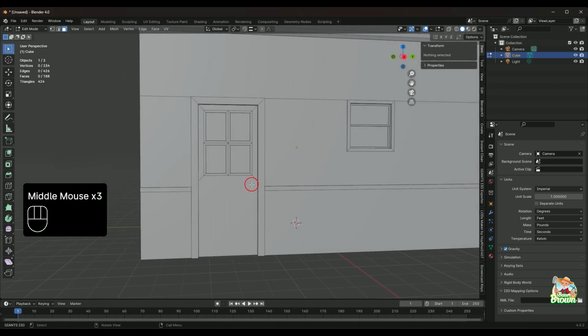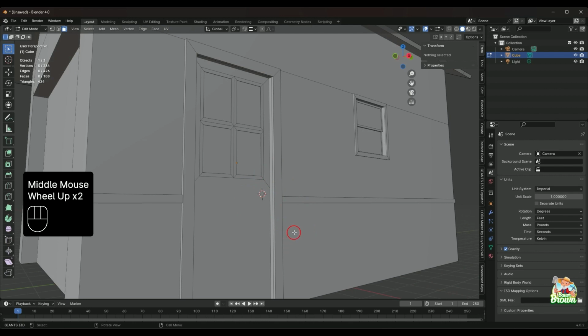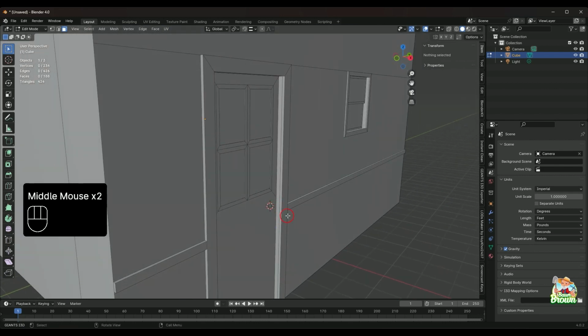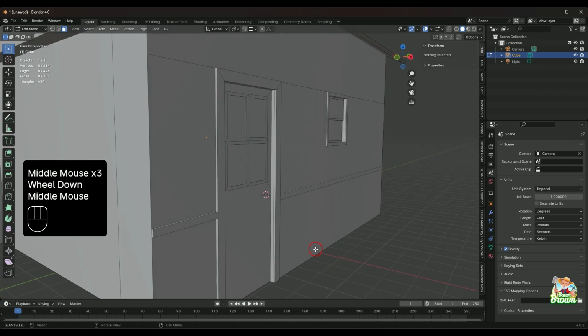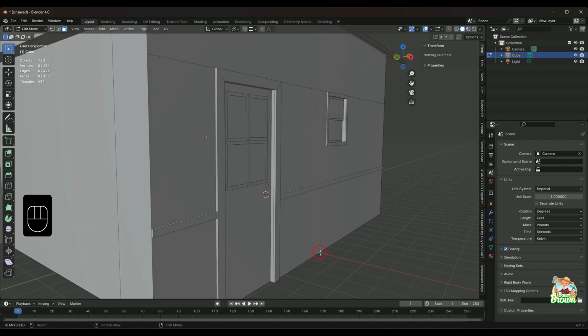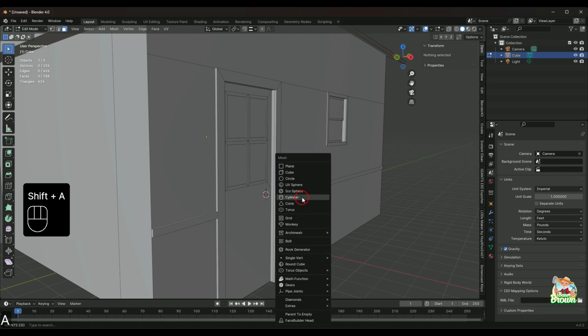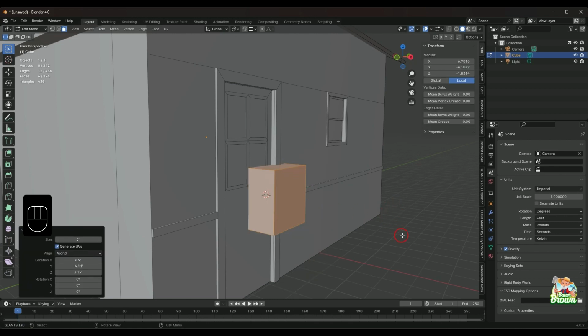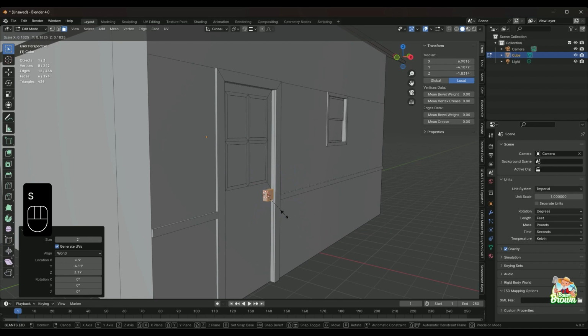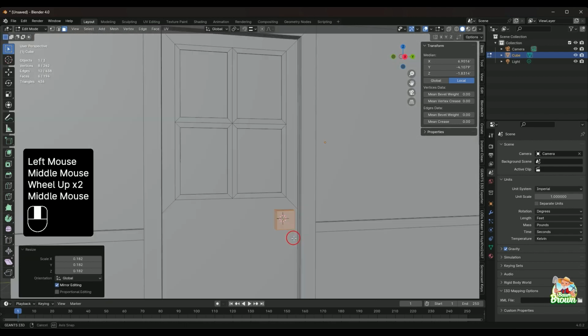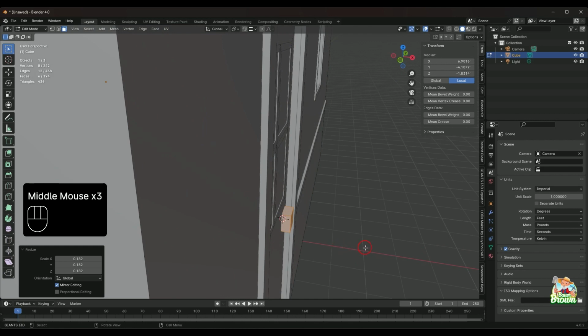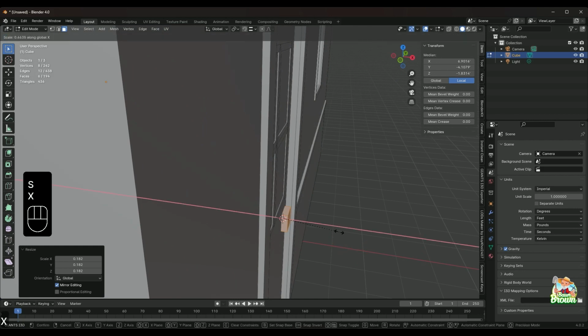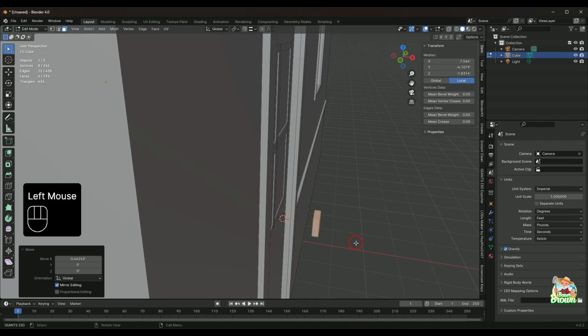What I'm going to do is figure out roughly where I want that doorknob, and I'm going to Shift and right click, and that's going to move my cursor. So any object that I bring in, I'm going to bring in over top of that cursor. So I am going to Shift A. All right. And first I'm going to pick a cube. I'm going to scale that down; this is kind of going to be like a back plate for the knob. And then I'm going to scale that on the X axis as well. Let's move that out a little bit so I can see it. And I want this to be pretty skinny,